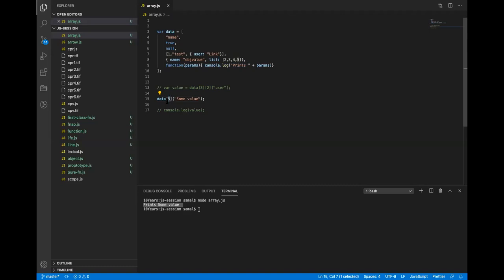Okay, now a very interesting part. Let's say I want to print out any one of the items using this function. Let's say I want to print the whole value of the third index. So how will I pass the value to that function? Third index of data array, I want to print it using this function.